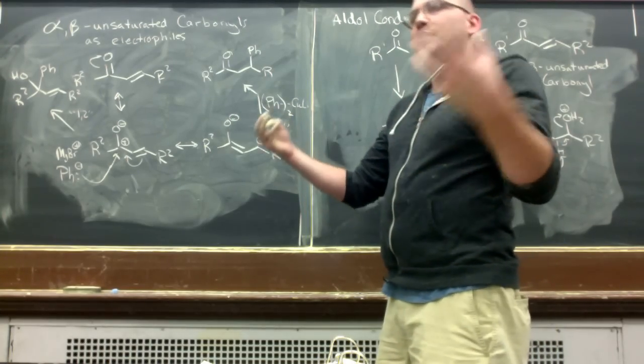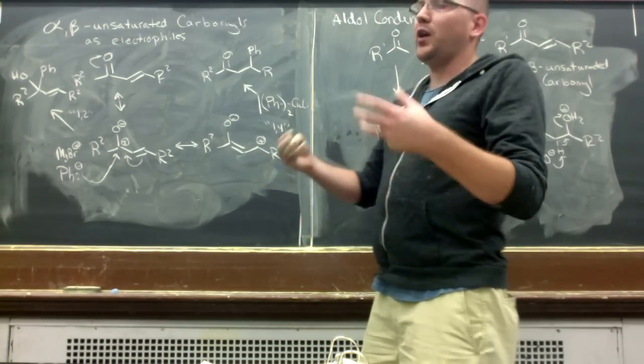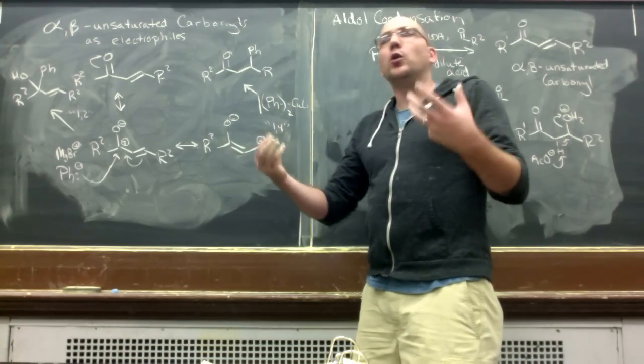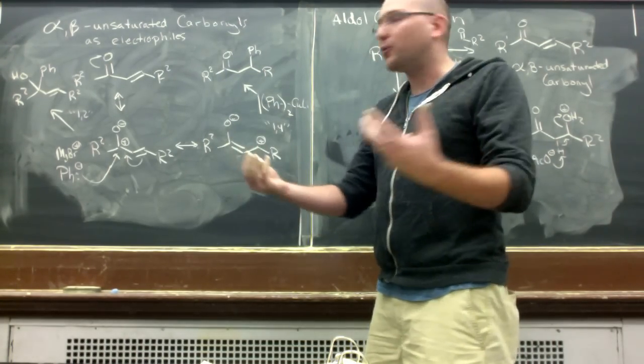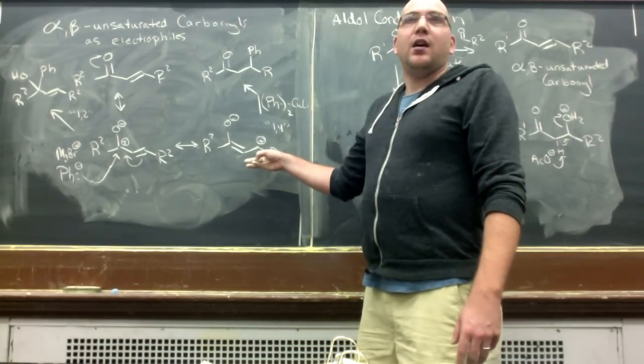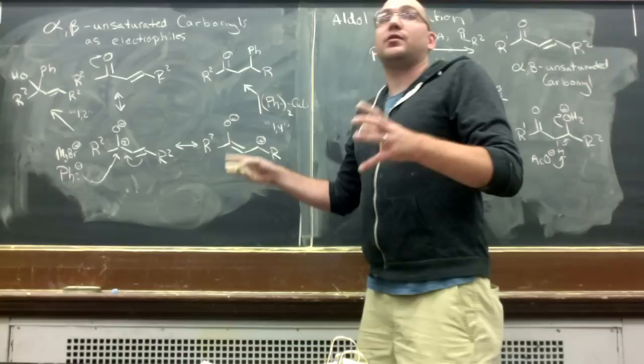I don't really want to get too much into the details behind it, but when you have something that's considered a softer nucleophile, it's going to lead into what we consider the lower lying LUMO, and so there's a molecular orbital reasoning behind this that would lead to addition at the beta position. Okay? In terms of you guys remembering it,